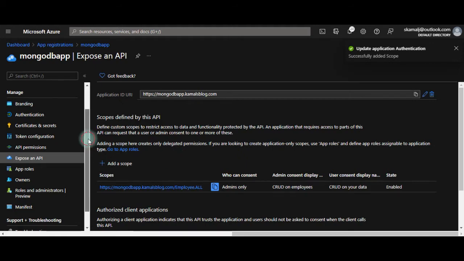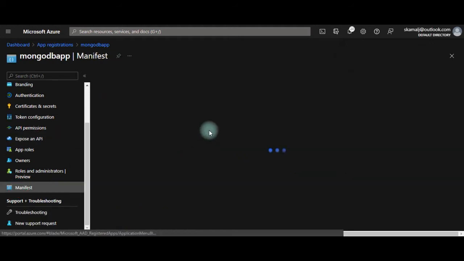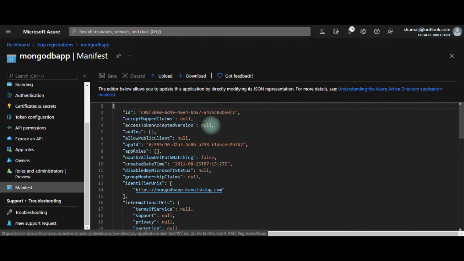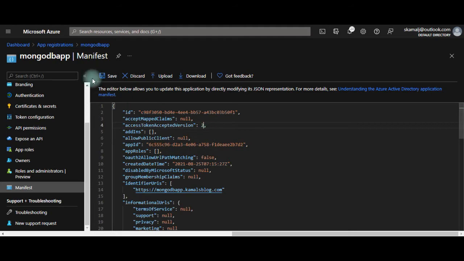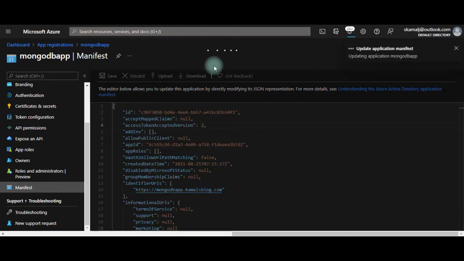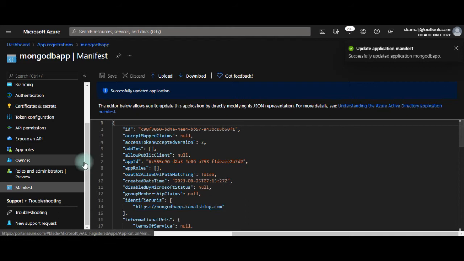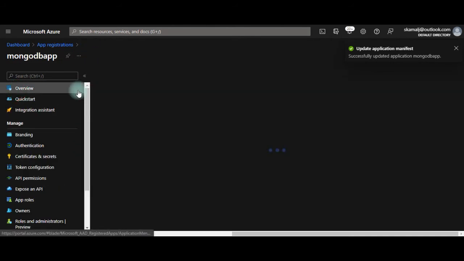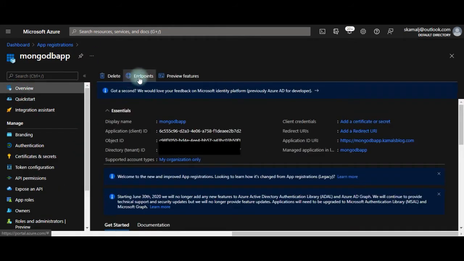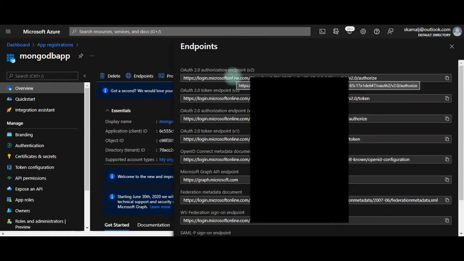Once we have added the scope, another thing we have to update in the manifest is that we are utilizing version 2 of endpoints, and this is something that we have to update. What I mean by endpoints is this. These are the OAuth 2 endpoints that we will be utilizing in our Postman to send the request for tokens. So for OAuth 2.0 we are using version 2, and that's why we have to specify version